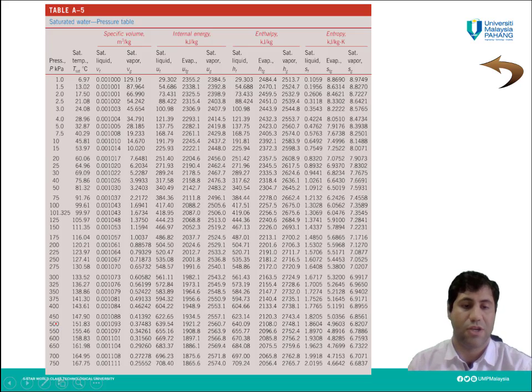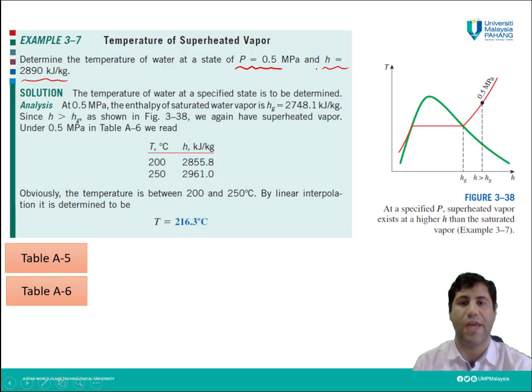You can see we have the pressure here, and we need to find H, the enthalpy, for this. You can see Hg and Hf here, so let's compare these values and record them. Then let's go back to the question. The H which we have is 2890 kilojoule per kilogram, and the Hg which we have recorded already,